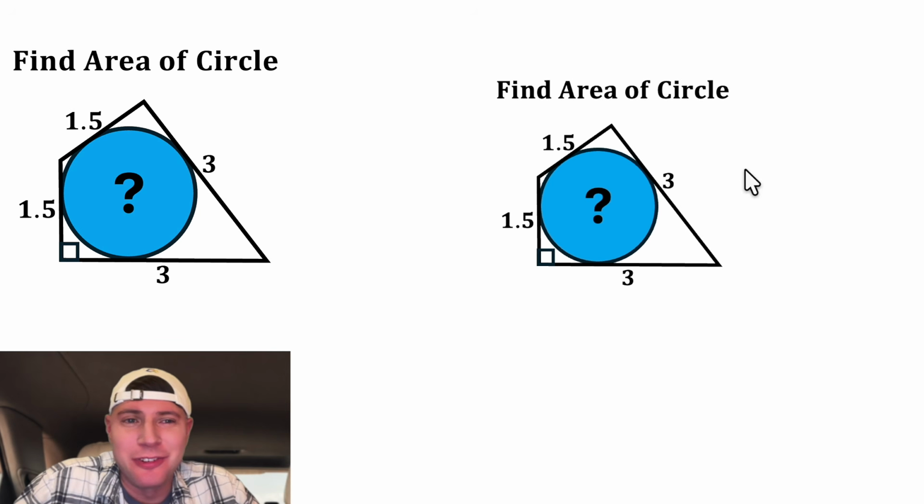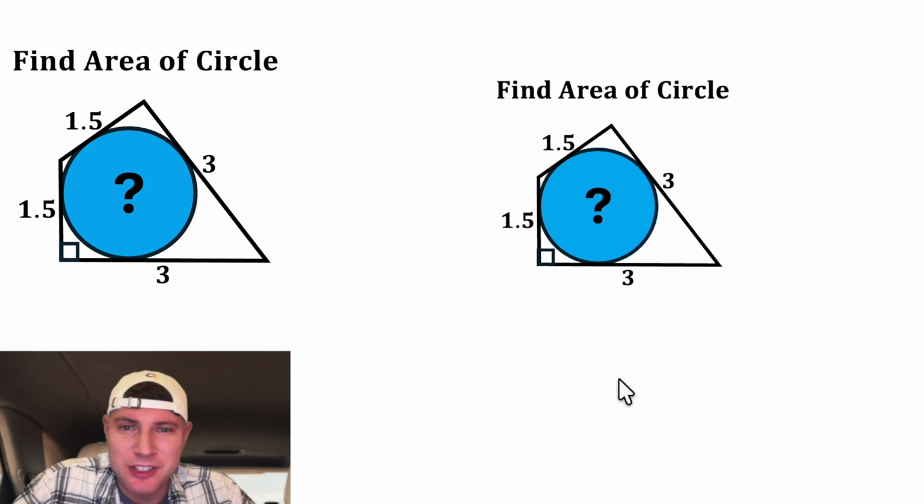You guys, this looks like a fun one. We're given a quadrilateral that's a kite with sides 1.5 and 3, and there's a circle inscribed in it, and it wants to know what is the area of that circle. We're also given that this angle is a right angle. If you want to try it on your own, pause it right now,